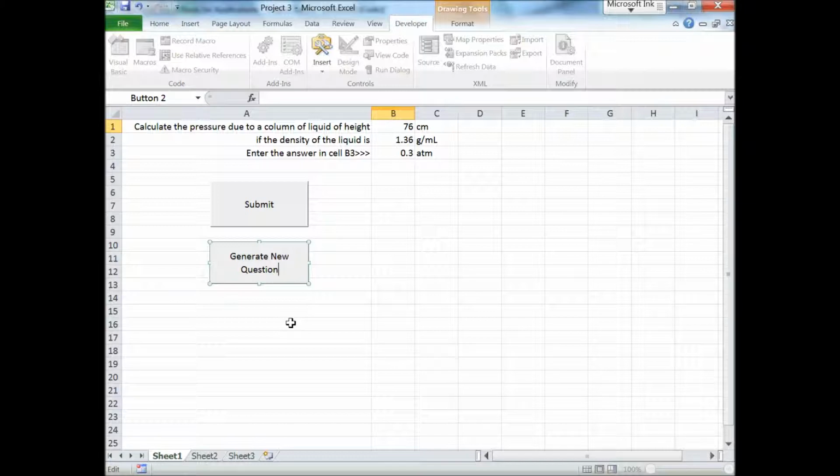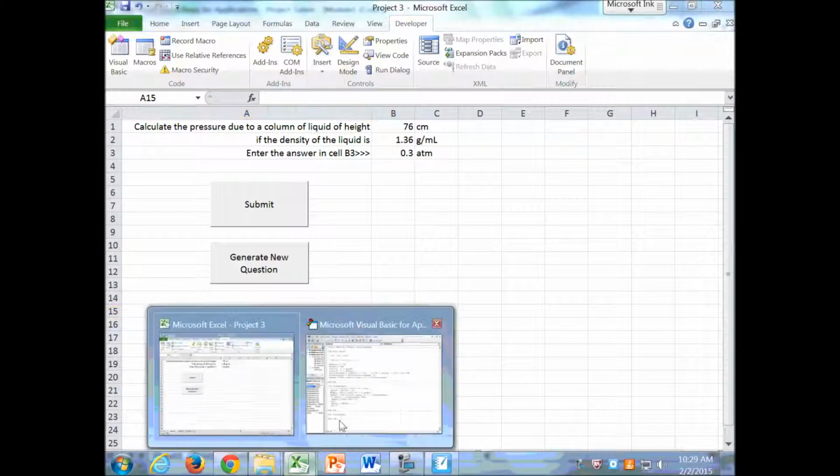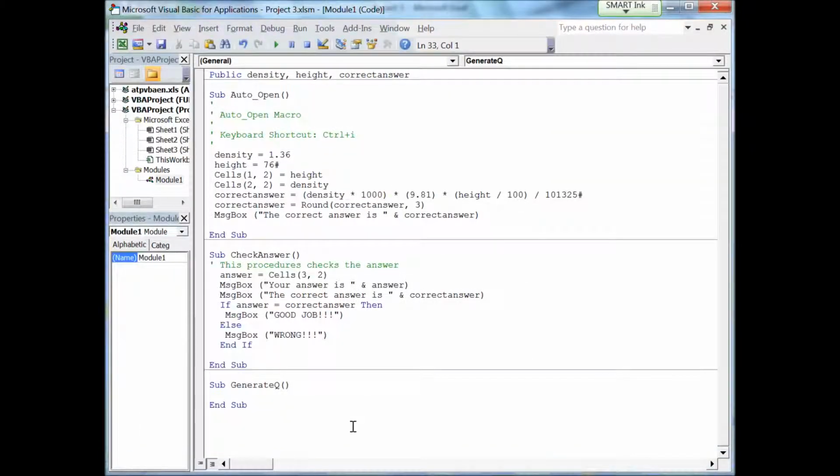Okay, so what it does is it changes values of B1 and B2 and recalculates the answer. So if you click on that right now, it's not going to do anything because we haven't done it. We have a do nothing macro so far. So what can we do here? If we want to generate a new